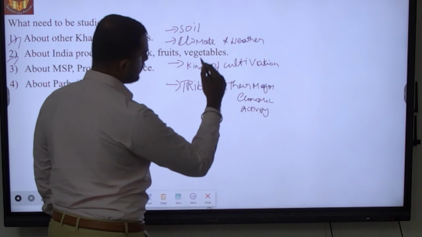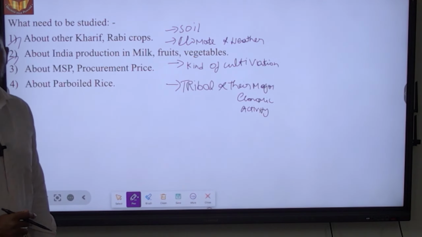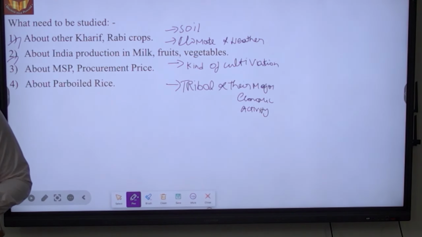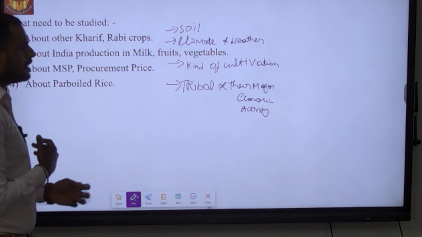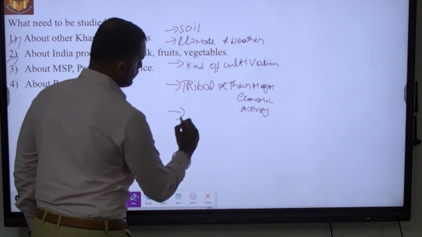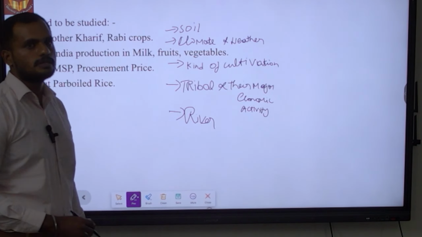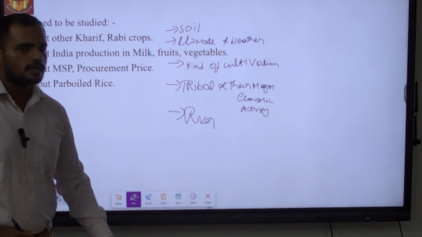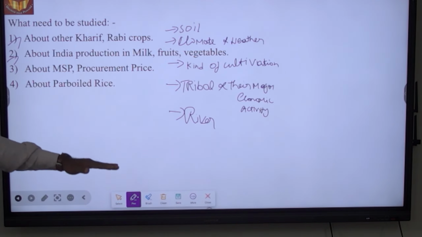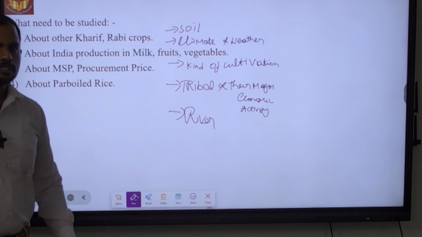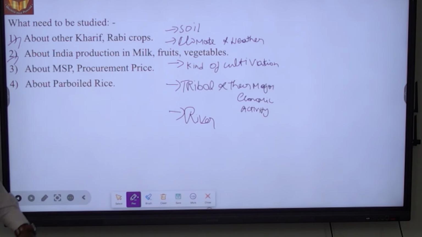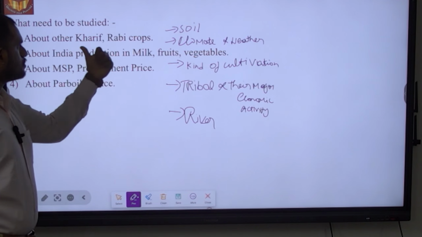As we all know, most of the crops will be grown on the plain region, which is suitable for production. Where there is a plain region, there will be a river or lake, something present around it, because of which the region becomes plain, which we would have studied in geography. So these are the things we should know whenever we are looking into kharif as well as rabi crops.